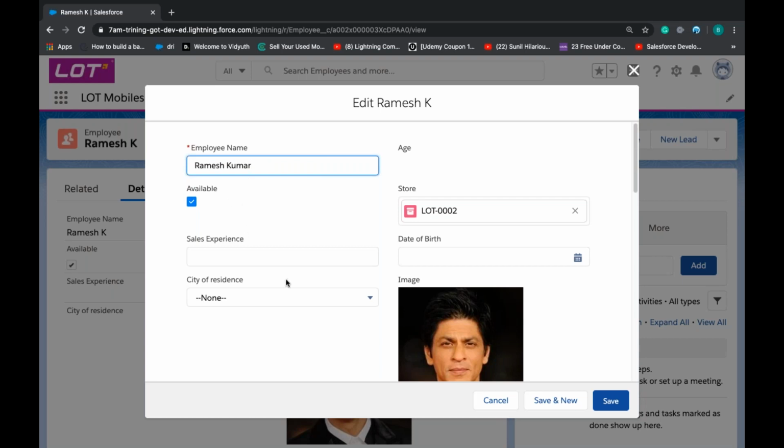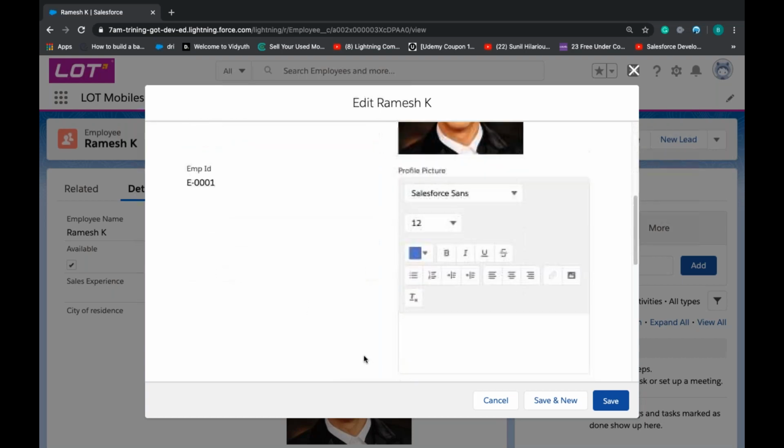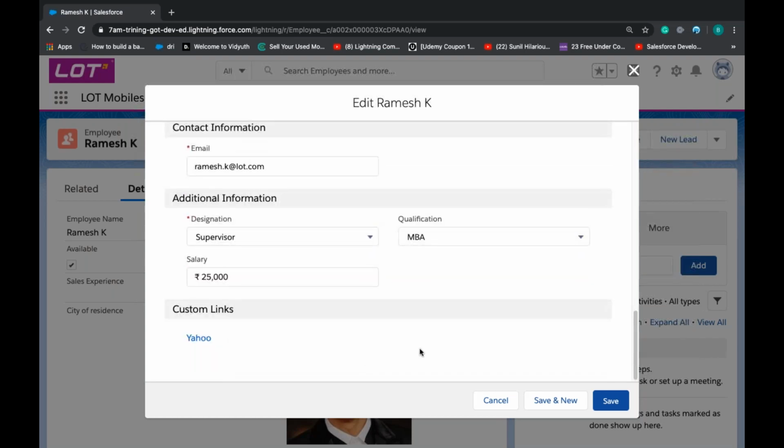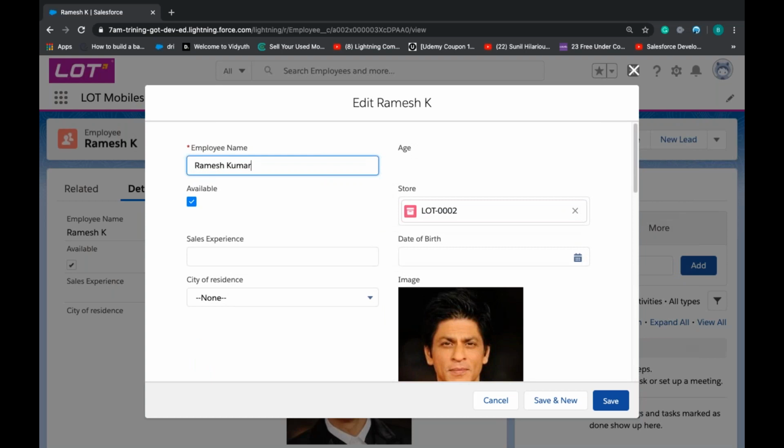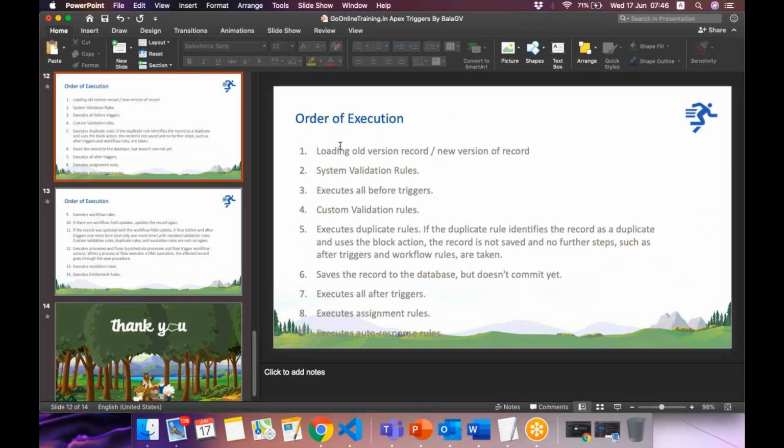But remember, even if there are no changes in any of the fields, still everything will be included in old version and new version. So always remember this: old version and new version are not two different records. It's versions of the same record. Whenever user clicks on new, it loads the new version. Whenever user clicks on edit, it loads the older version along with the newer version.